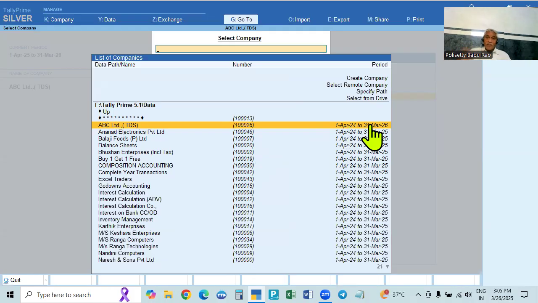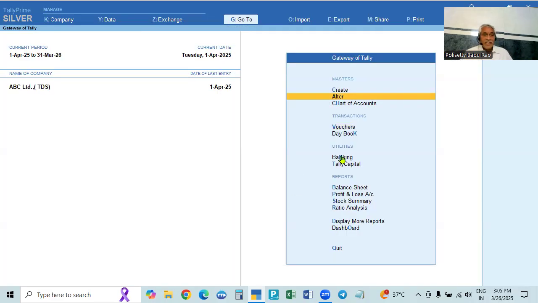The period is extended. So for example, from 26 to 27, we extend the same thing. We continue the financial year, and it will then show 24 to 27. Like that, it will show. In this case, it will show only the current year. Once a year is completed and forwarded to the next year, we should not make any changes to the previous year unless there are required changes.